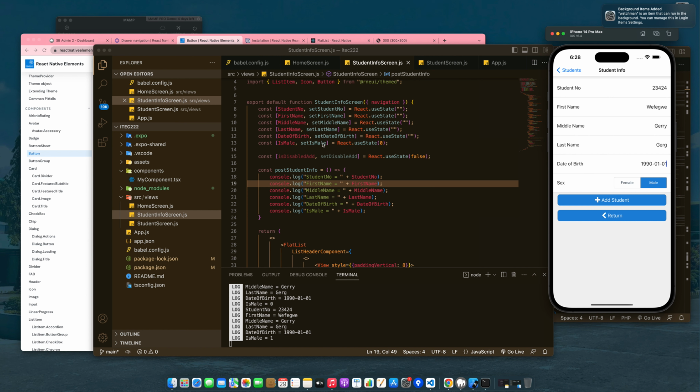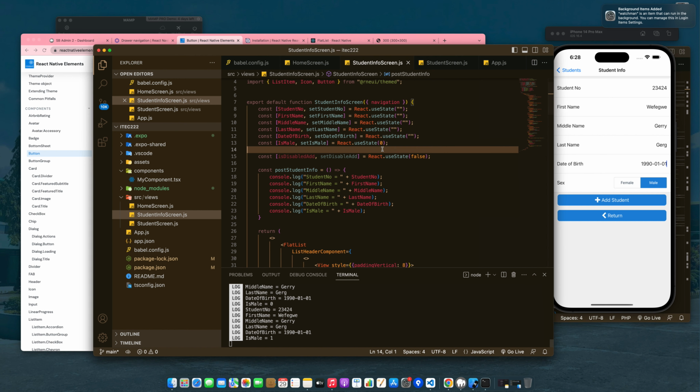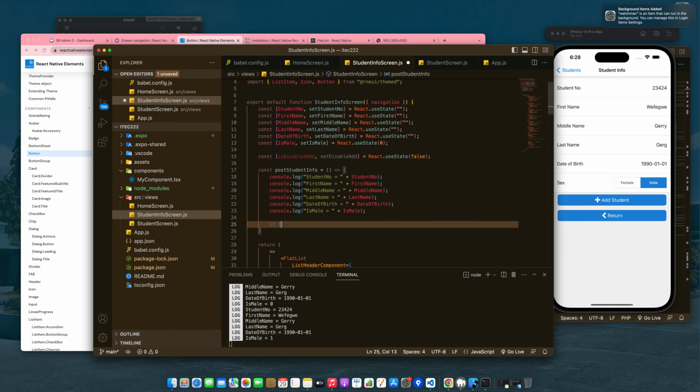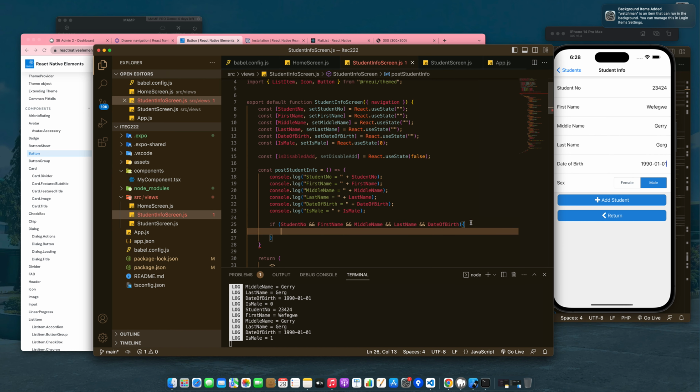We will not check is male since it already has a default value of 0 or 1 if the sex is set to male. So if student number has a value and first name has a value, and middle name has a value, and last name and date of birth, then